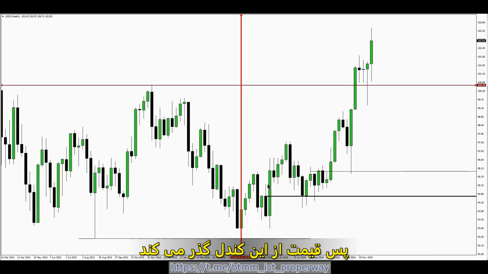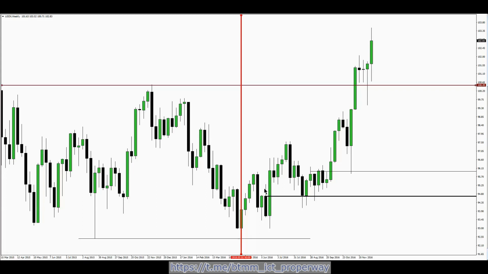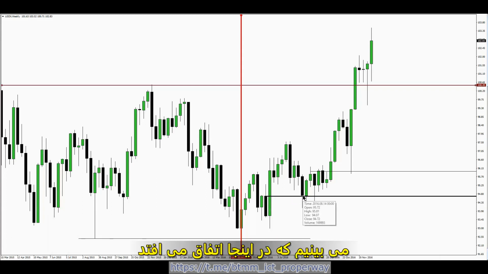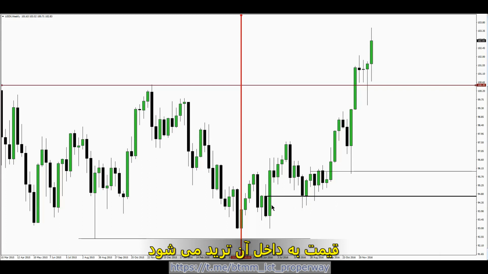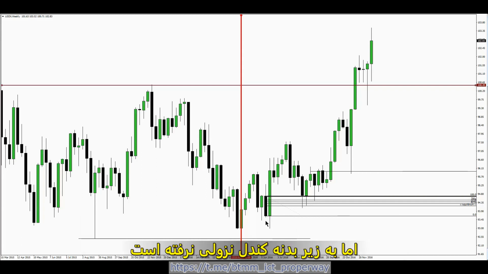Okay, so price trades through this down candle. Now this down candle on a weekly has been refined from a monthly level. So now we can anticipate this level. If it's traded back down into it, we could be a buyer at that level. We see that happening here. Price trades down into it. Notice the down candle's midpoint or mean threshold, right here. Just pierces it just a little bit,